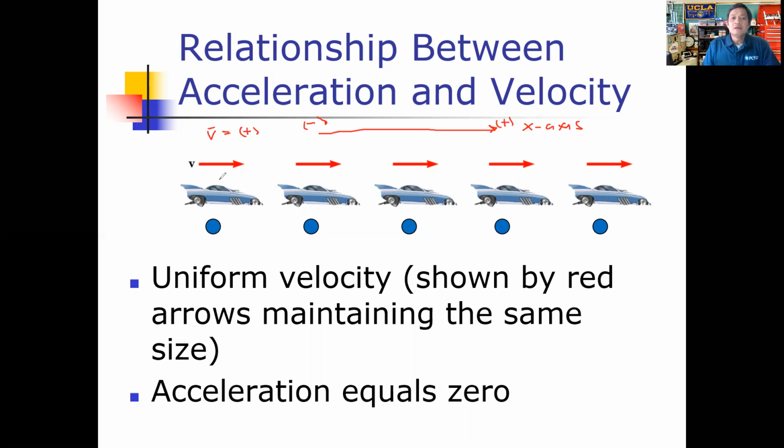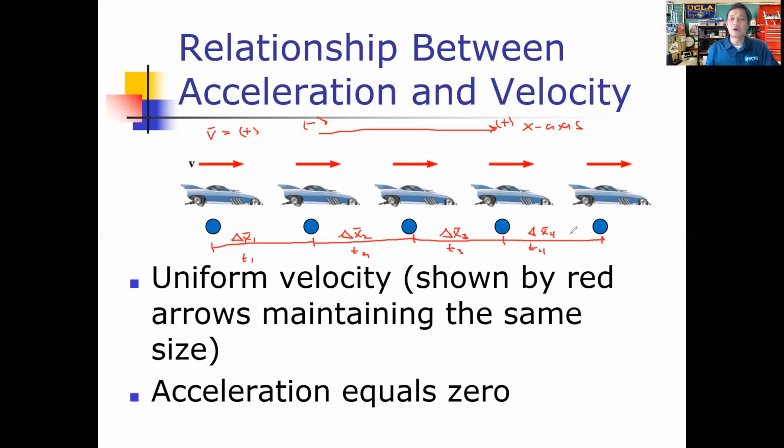Now, if you take a look at how far the object moves for each given time interval, this is the distance that the object moves. You can imagine that over each time interval, there is a displacement: displacement in time interval 1, displacement in time interval 2, displacement in time interval 3, and displacement in 4. If I were to tell you that the time intervals are all equal, T1 is equal to T2 is equal to T3 is equal to T4,